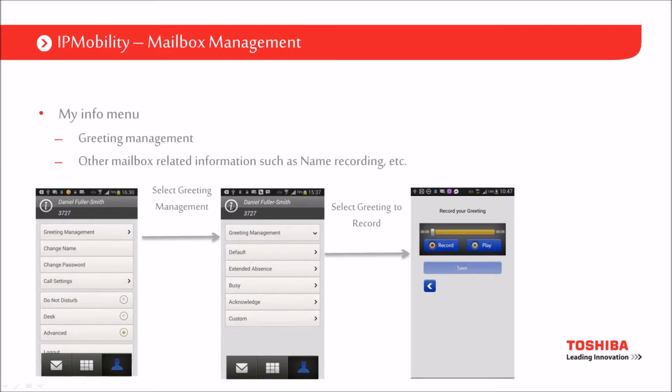Now what it's showing you here is the latest version of IP Mobility. So it's showing you the default greeting, the extended absence, the busy, and then there's a couple of extra ones coming in now, acknowledge and custom. Acknowledge is where it will identify calls coming into you. It will flag to you who's waiting on the line, and allow you to choose to play an acknowledge message, which is that recording there,